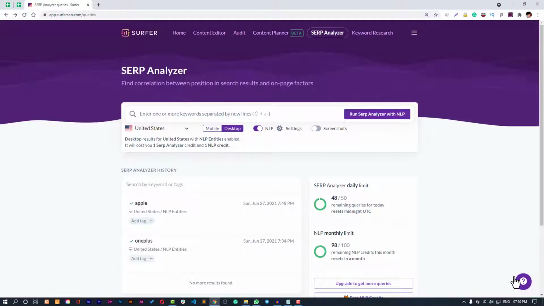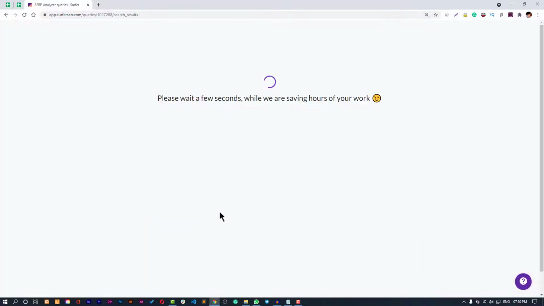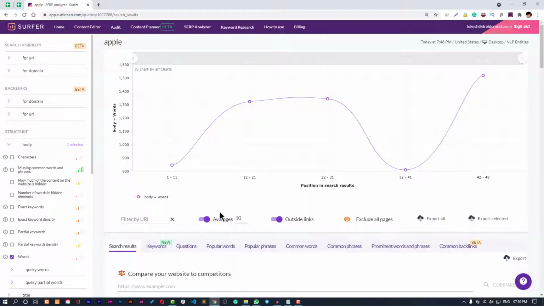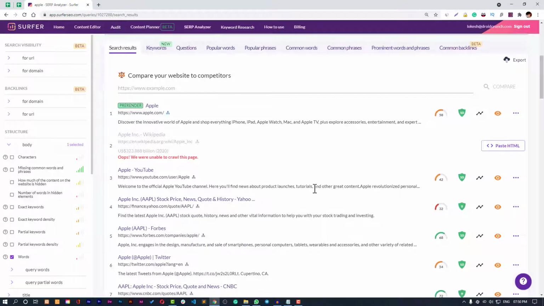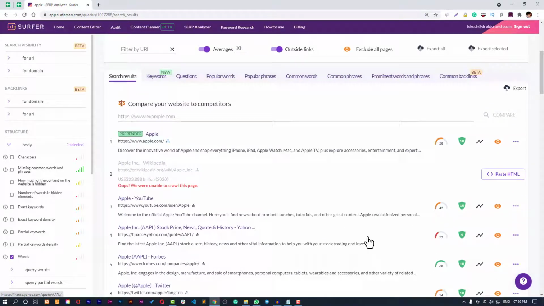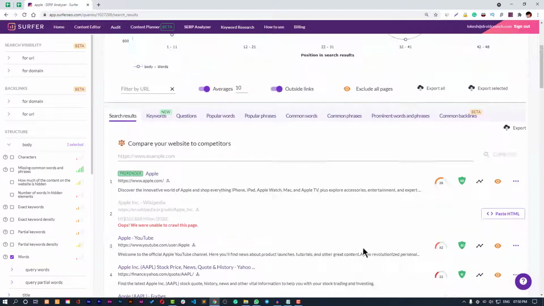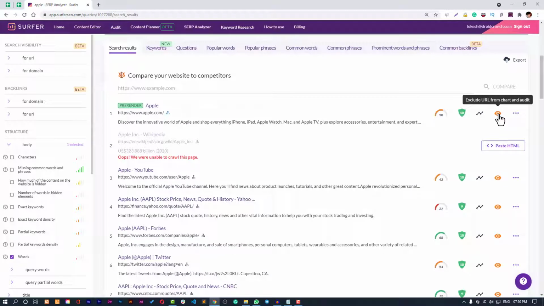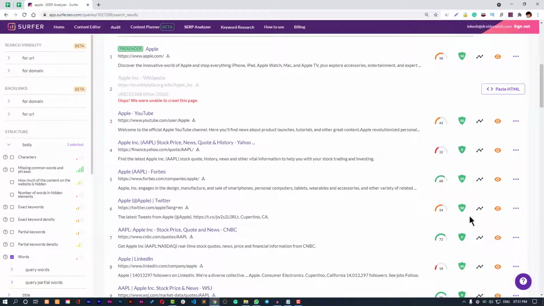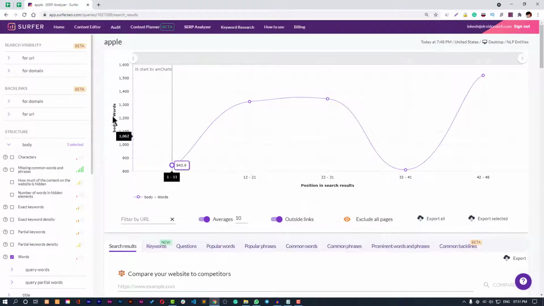So guys, our discovery is completed, and now we can click on it and see what it has discovered for us. It will show you a nice interface where you can find all the results, all the competitors. Here you need to make a decision: if you want to create an article about a topic, then you have to make sure that you disable or exclude the competitors which are not relevant to your content. There's the content score, the domain authority of the website, their ranking, and the chart you can show.